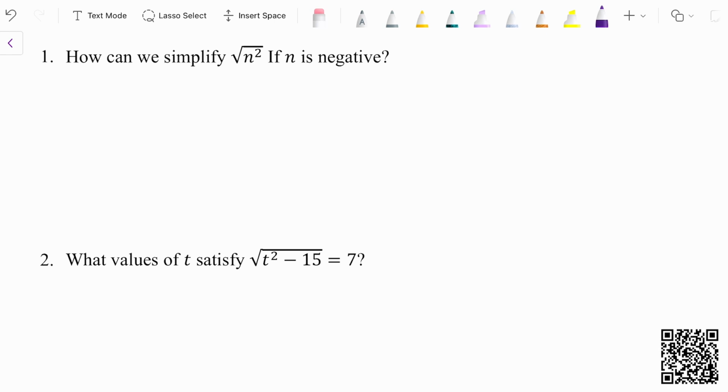Like you guys probably know, the square is a number times itself. So if n is negative, and a negative times a negative is equivalent to a positive, and the principal root, which is the root that most questions are looking for as their solution, is always greater than or equivalent to 0. So keeping that in mind, n here is negative, this would be equivalent